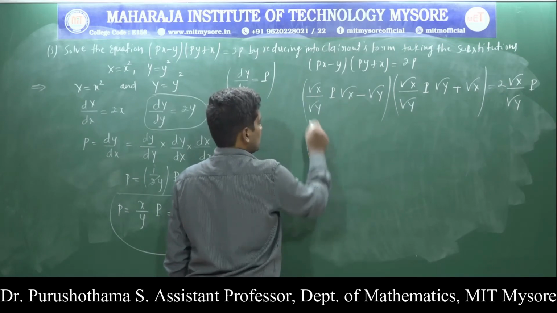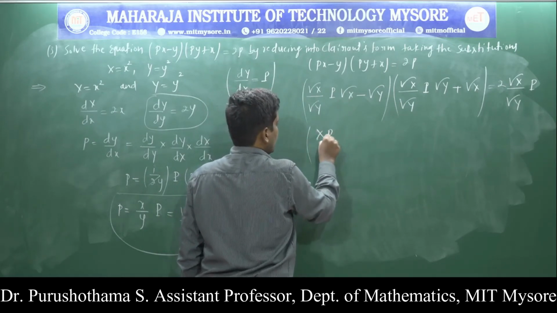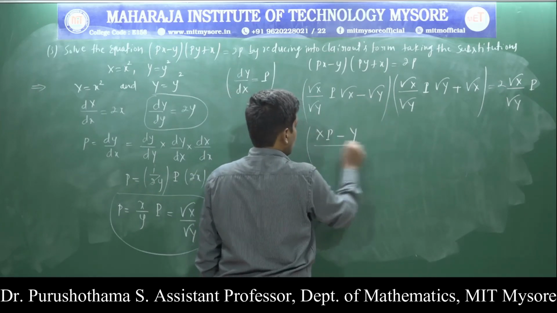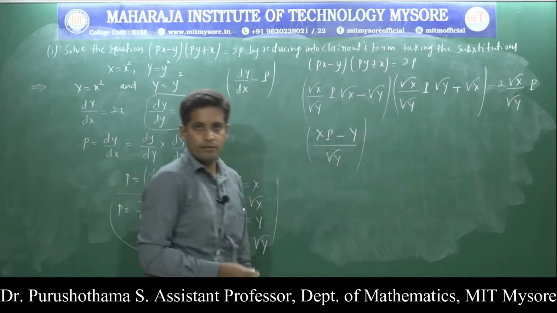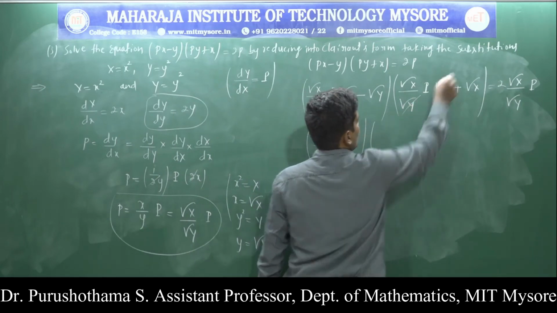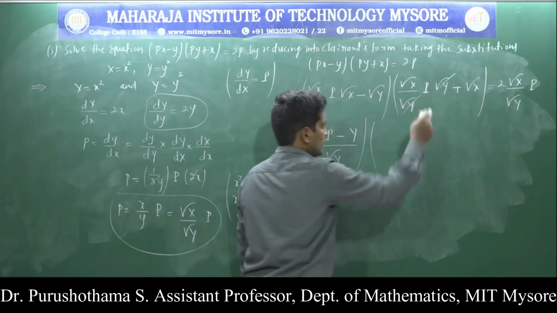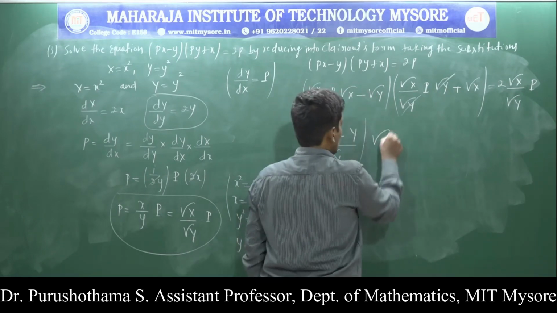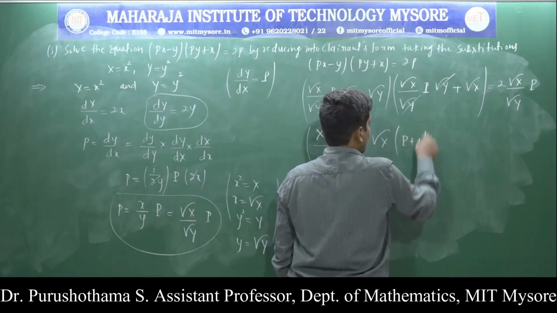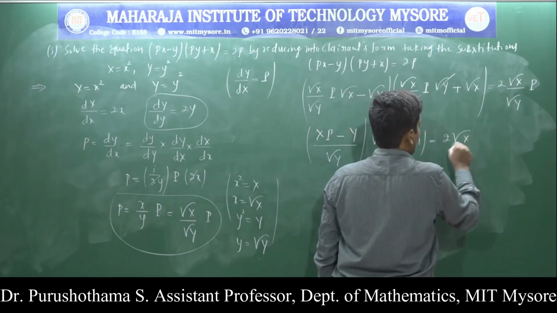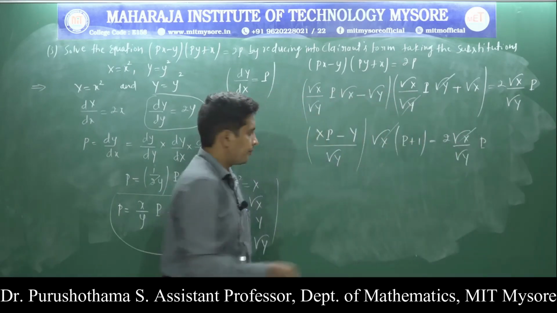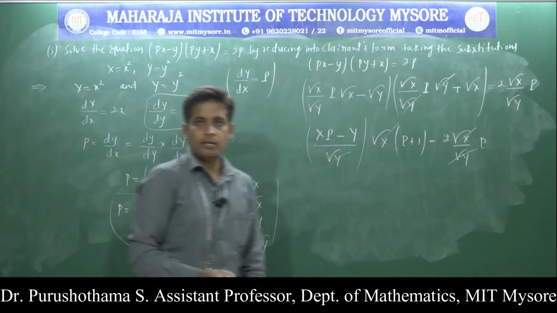Root x into root x is x into capital P. Cross multiplication: minus root y into root y is y, divided by root y. That is the first one simplified. Similarly for the second one, root x into root y. Here root y gets cancelled. Root x is a common factor. Therefore, root x times (capital P plus 1) is equal to 2 times root of capital X divided by root of capital Y into capital P. Root x gets cancelled. Root y also gets cancelled. Remaining values: